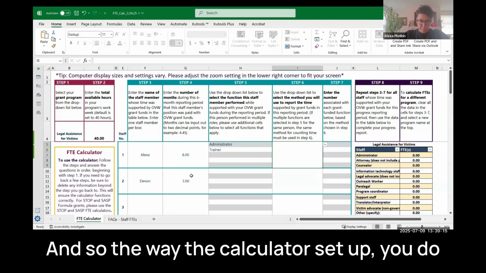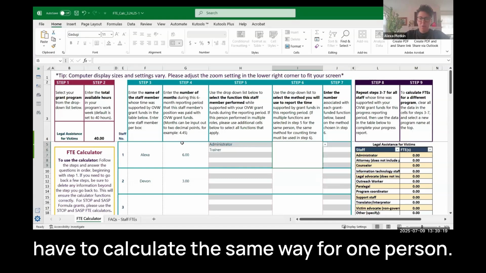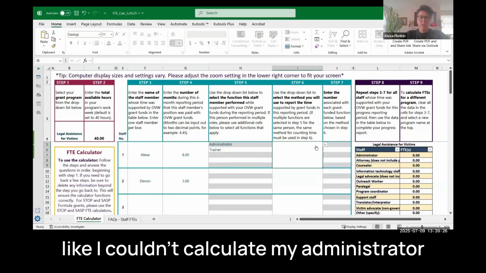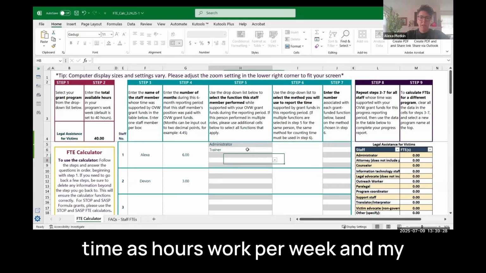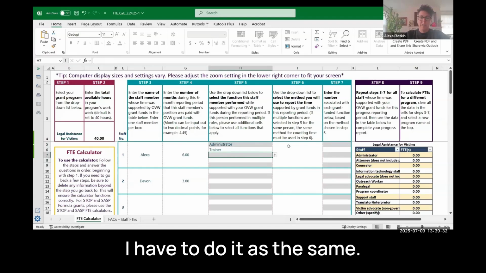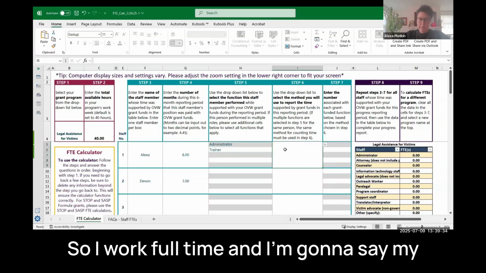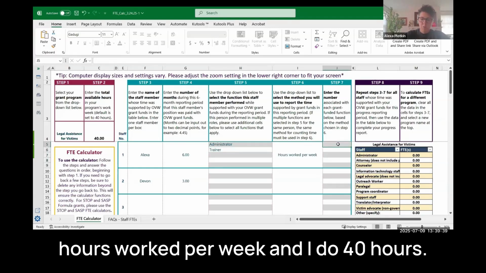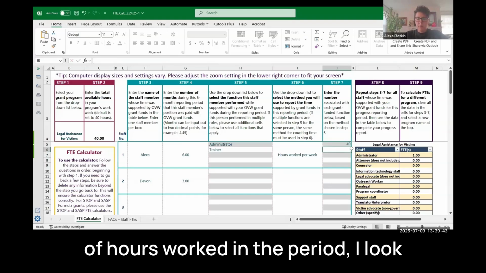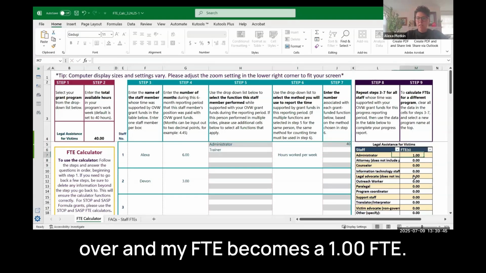And so the way the calculator is set up, you do have to calculate the same way for one person if you're using them on the same row. So like I couldn't calculate my administrator time as hours worked per week and my trainer time as hours worked in the period. I have to do it as the same. So I work full time, and I'm going to say my hours worked per week, and I do 40 hours. And as soon as I enter the amount of hours worked in the period, I look over and my FTE